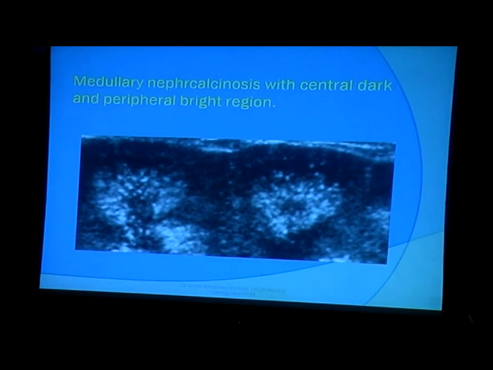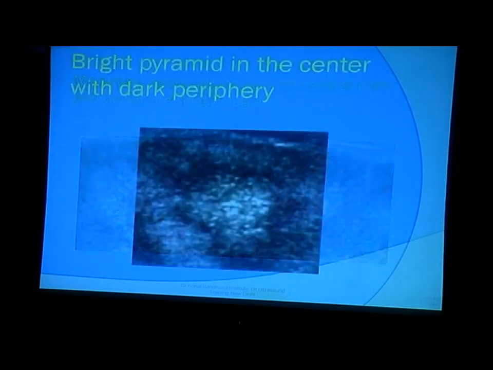See, what do we find in these pyramids? This portion is bright, but here the portion is pale. So you have central dark and peripheral bright areas. If you observe, you can observe the fetal lobulations also. Lobulations in the fetus, whenever you see fetal lobulations, they always conform to the pyramids. They will be in the same area as the pyramids.